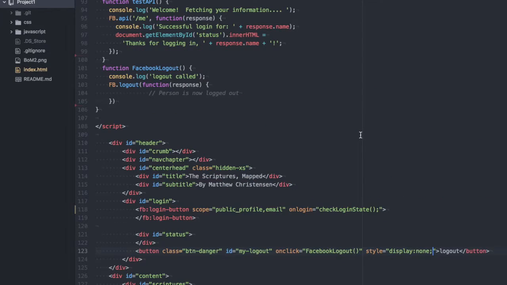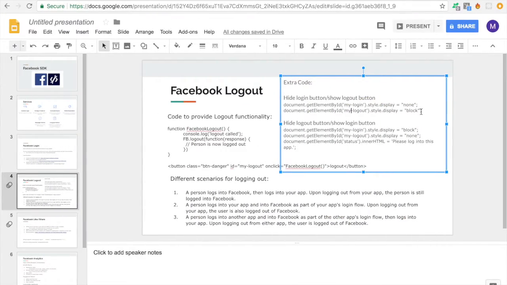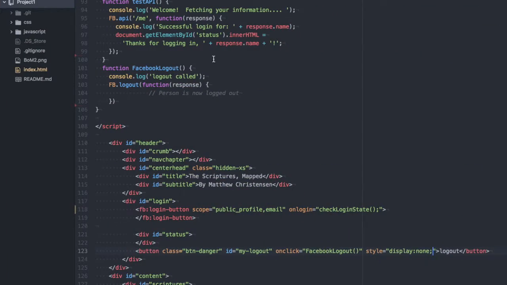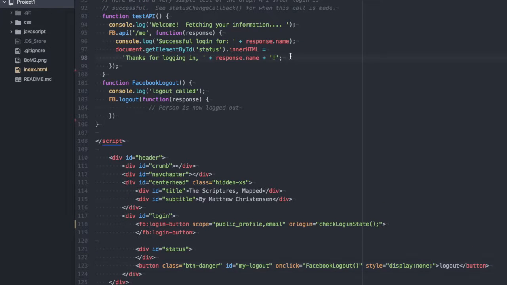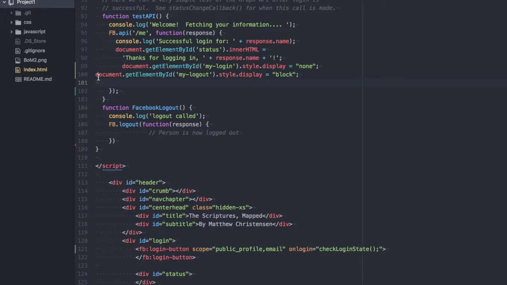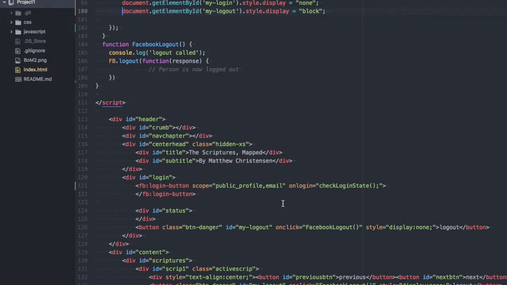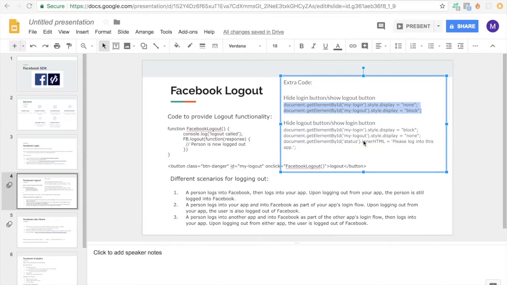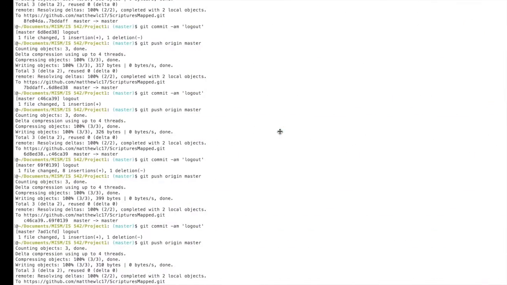Okay. Now I have some code to handle hiding the login button once they are logged in, and then in turn showing the logout button as well. So now we're going to want to put this inside of the API call, and what we'll do is when they are logged in, we will set the display of the login to none, and then we will display the logout button. First, let's make sure that we give the login button the correct ID. So my login. Okay,